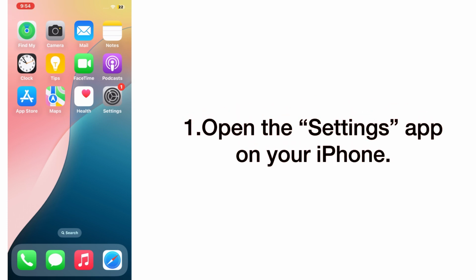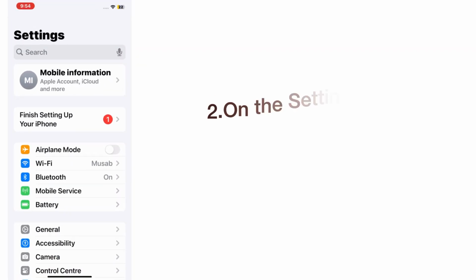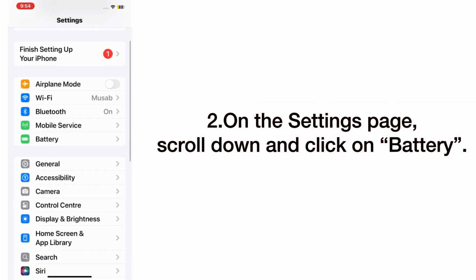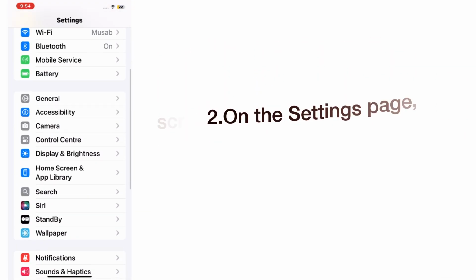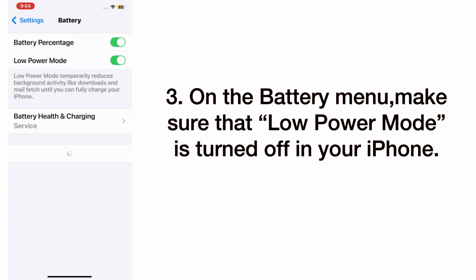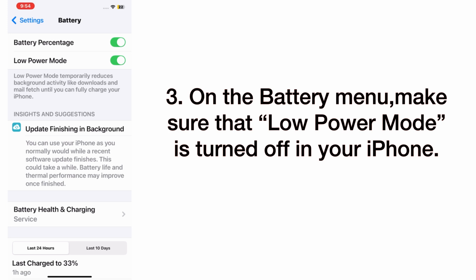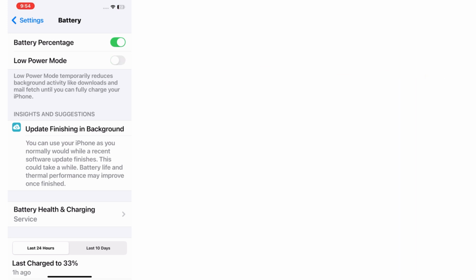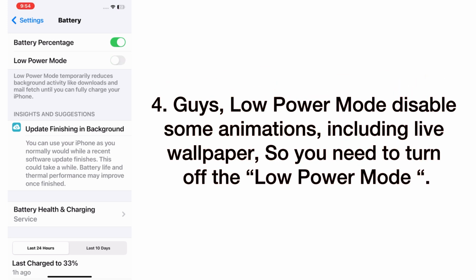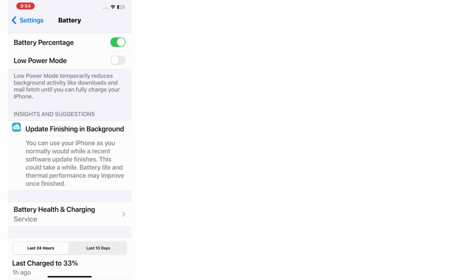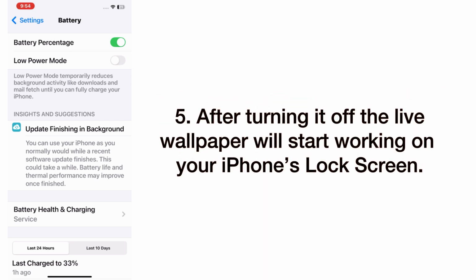Open the Settings app on your iPhone. On the Settings page, scroll down and click on Battery. On the Battery menu, make sure that Low Power Mode is turned off on your iPhone. Guys, Low Power Mode disables some animations including live wallpaper, so you need to turn off Low Power Mode. After turning it off, the live wallpaper will start working on your